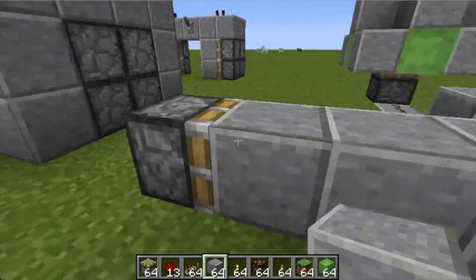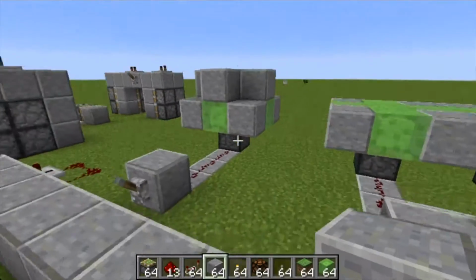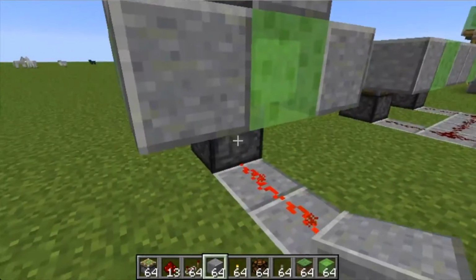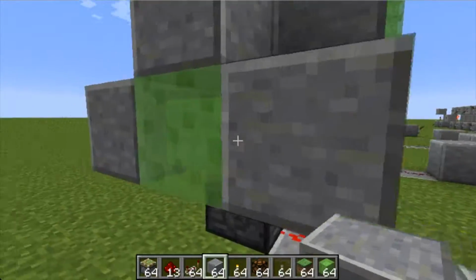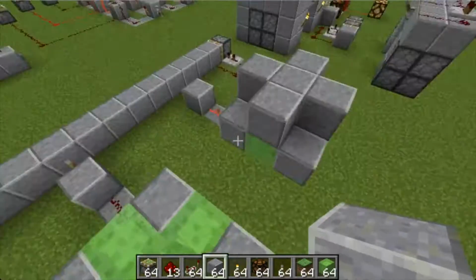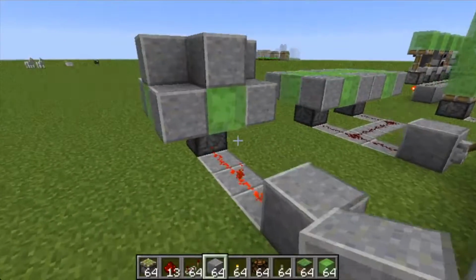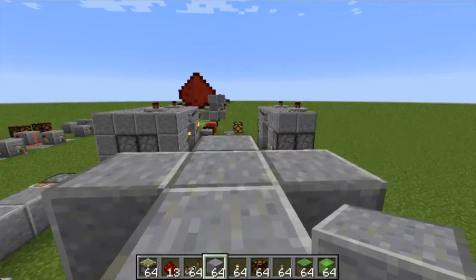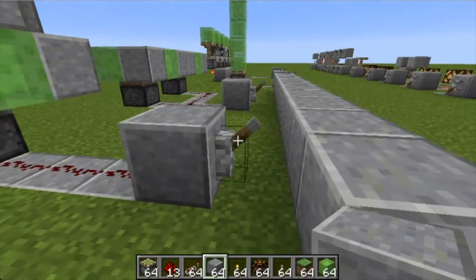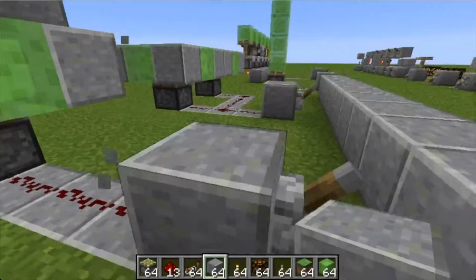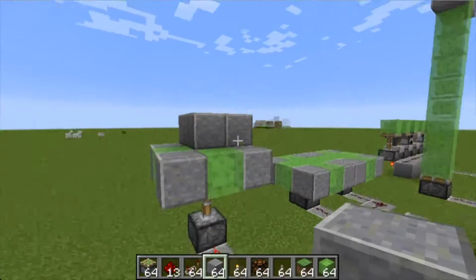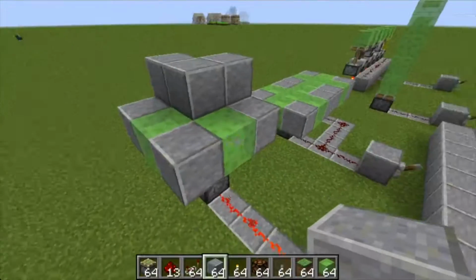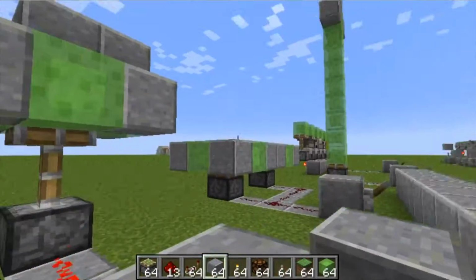Now, this stackable number of blocks also applies when we're using slime. You'll notice that when I push this, this is a sticky piston attached to a slime block, attached to 4 more slime blocks with stone blocks around it. Now it cannot push it up because currently there's 9 blocks on the bottom, 10, 11, 12, 13, and that is a 14th block. If I knock off one block, it won't activate there. If I knock off one more block, it will. And why is that? Because that's now 9, 10, 11, 12. That is 12 blocks. This is currently at the maximum number of blocks that can be pushed by a single